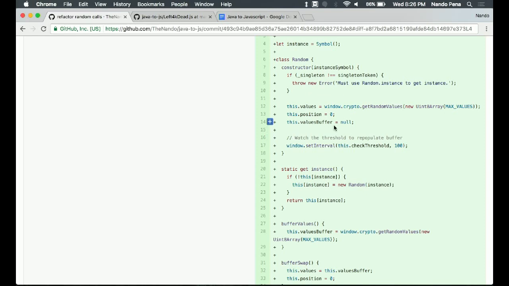So I decided to create a really big array ahead of time, and then I just tracked a position of where I was. So imagine a big array that has a whole bunch of random numbers already generated for me, and whenever I say next int, it just pops out the next number for me. And then I have a random number I can do some stuff with.